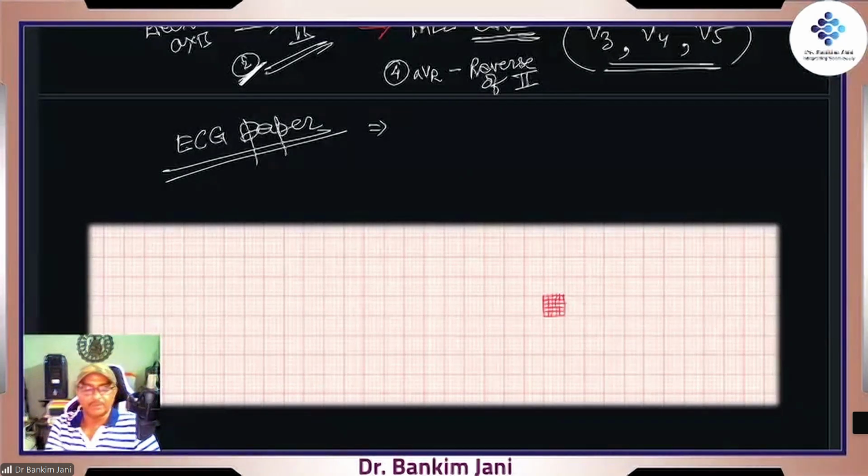For the manual machine, right? First you have to shift to lead 1, you take the ECG, right? So you start. All those leads are connected, but it will take only from lead 1 and it is calibrated. Then you stop, then you take lead 2, and then start. This is how it is taken manually. In digital ones, all these things are done automatically, but the paper moves at the speed of